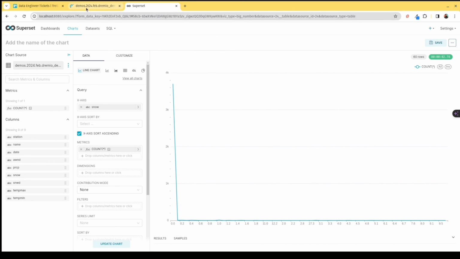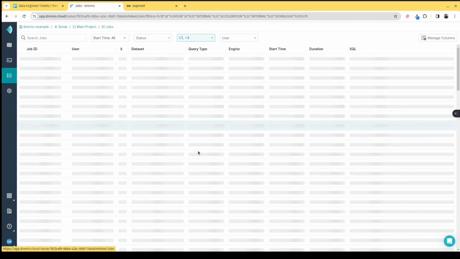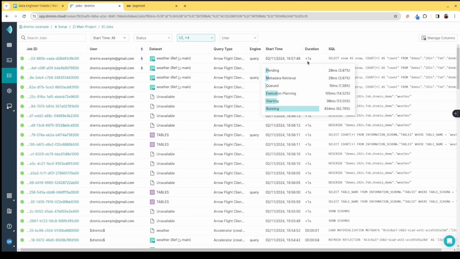And then if I head over to demos, if I go back to my Dremio and I click here on the jobs page, I can see which jobs are coming into my Dremio cluster. And I can see that these queries were accelerated by those reflections. So you see this little lightning bolt. That means, hey, the style of the query was actually accelerated by using reflections. And because of that, the query execution took less than a second. Okay, so you get these really fast dashboards, so I can sit there and tinker around with what I want that dashboard to be all day, and I'm going to get pretty responsive feedback,